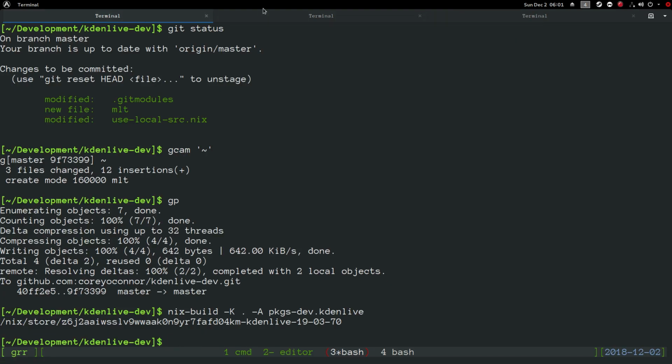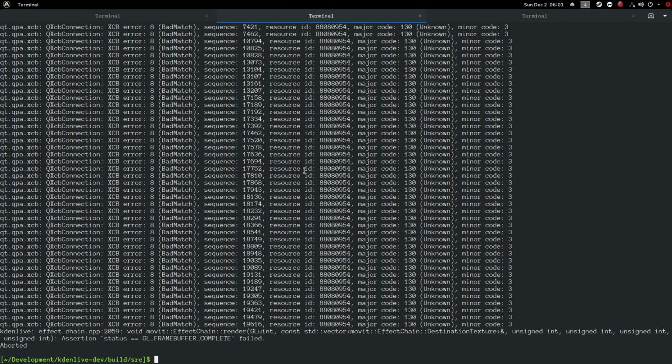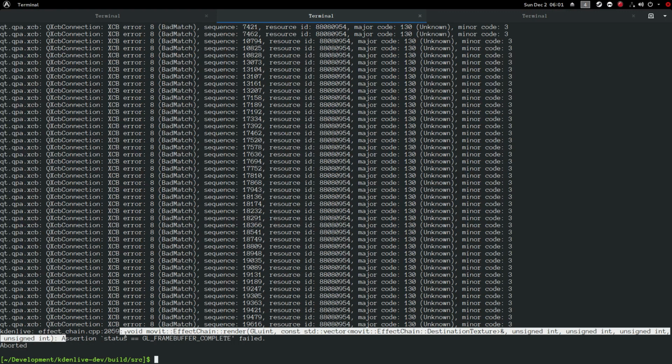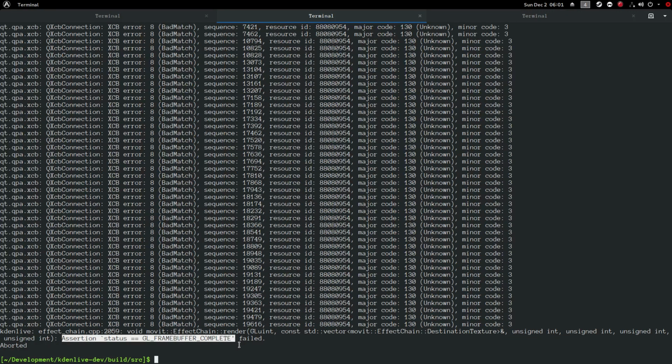what's called the refactoring timeline, which is the one where the next development work is being done instead of stability work. The error is GL frame buffer complete, which is a lot clearer than it is on the other branch. The other branch just says, if I recall correctly, either invalid operation from GL or invalid value for an operation, which is a bit more vague than GL buffer complete, especially since this is also an assertion internal to effect chain Movit,